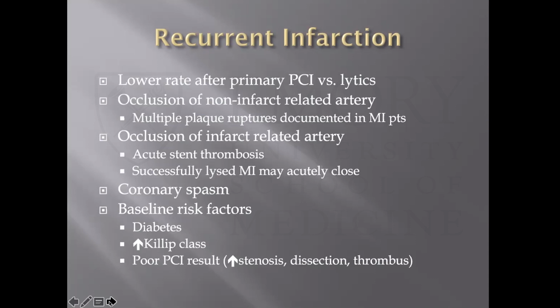Patients who are diabetic, higher Killip class, and as I mentioned, a challenging PCI, let's say a stent that's placed in an artery that has a significant size mismatch or diffuse disease, or had a huge thrombus burden to begin with. These are some factors that may lead to a poorly expanded stent, or a stent that may have part of the stent that's floating in the vessel that wasn't adequately apposed to the wall, and that can lead to thrombus.